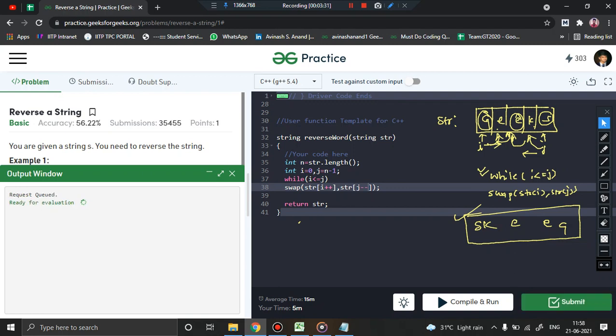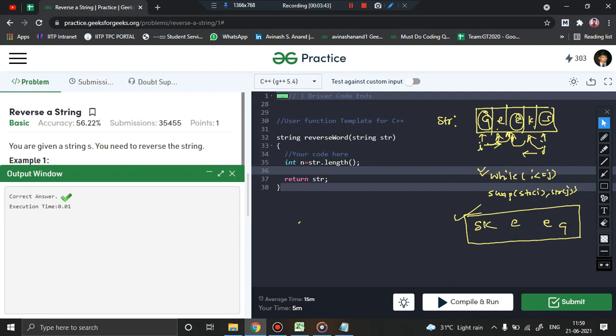Another alternative to solve this particular problem will be that rather than using this while loop, what you can do is just use one single traversal of the string, right? One single traversal in the sense I will traverse the string from reverse side. i equal to n minus 1, i greater than or equal to 0, i minus minus means I am traversing the string from right to left, and I will be declaring a new string variable rs that will actually store the reverse string.